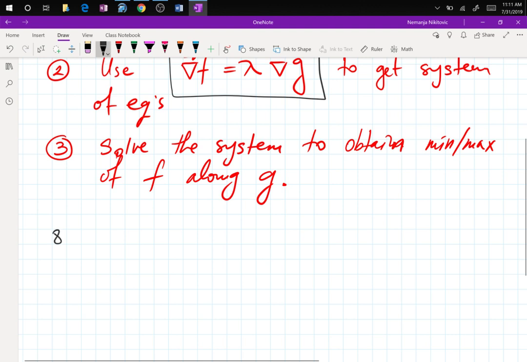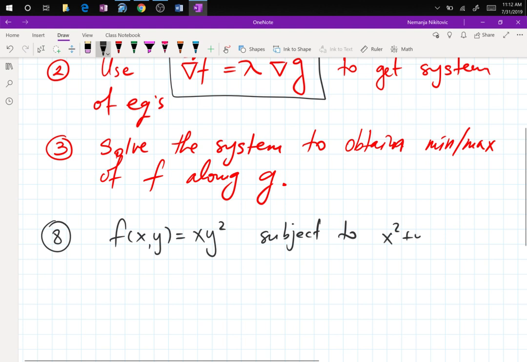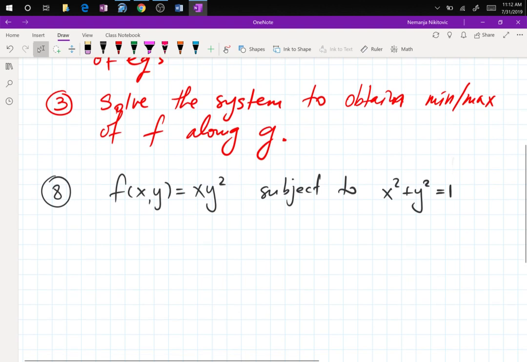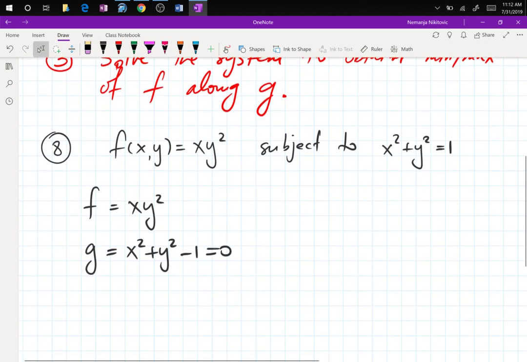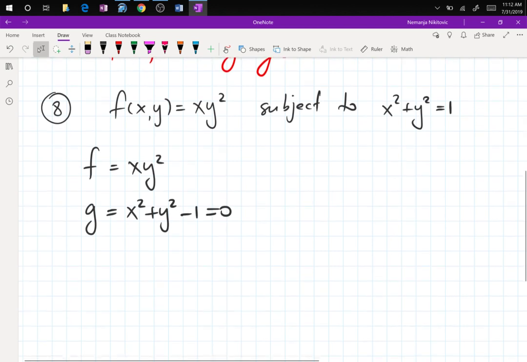Let's say number 8. F of x y is given as x y squared, and subject to x squared plus y squared equals 1. Okay, so I have my f, which is x y squared, and I have g, which is x squared plus y squared minus 1 equal to 0. So we write both of these functions this way, and now we find